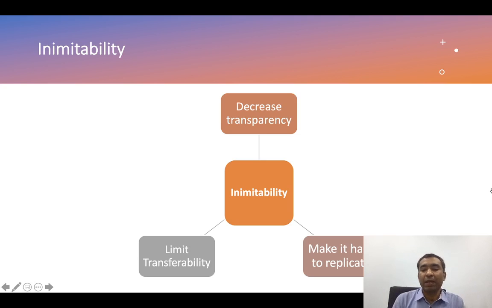Secondly, make it hard to replicate, which means that the product or the competencies should be so complex that people cannot replicate it easily. Either they don't have access to the information, or they have access to the information but the product is too hard to develop easily. For example, even the biggest companies in the world, Toyota and Honda, cannot replicate Mercedes, because Mercedes has a high-end product